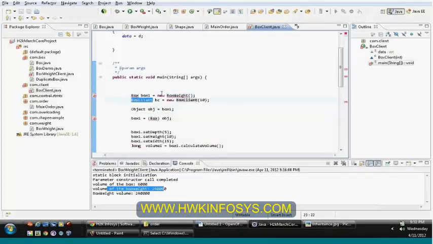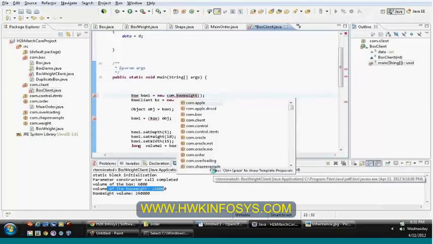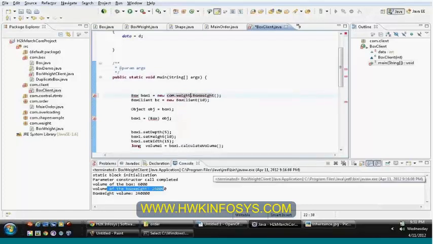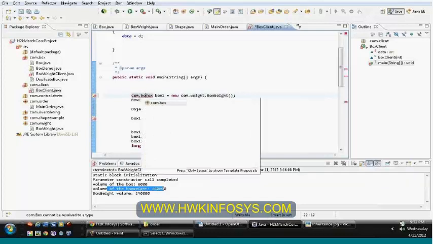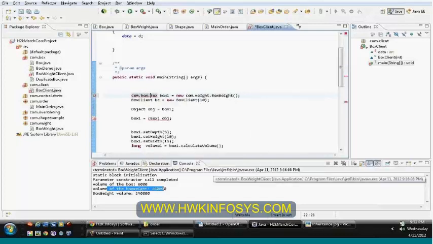Remember, whenever we are trying to access a class which is not available in the same package, you should specify with respect to package name com dot weight dot. Here for box also you need to specify com dot box dot box.